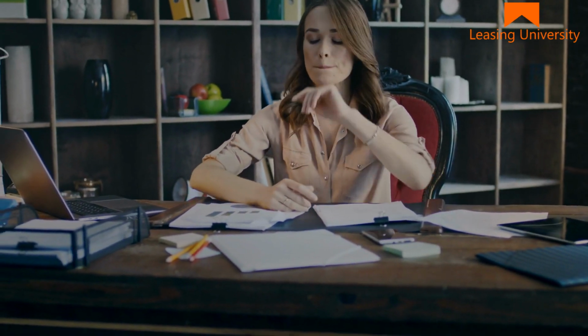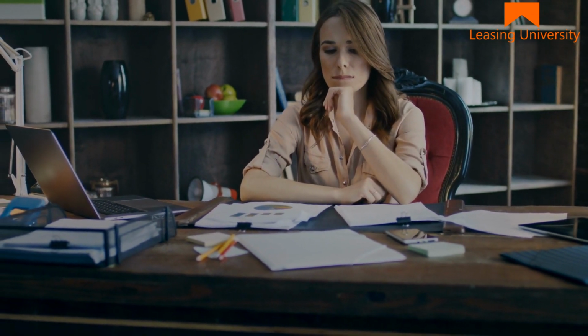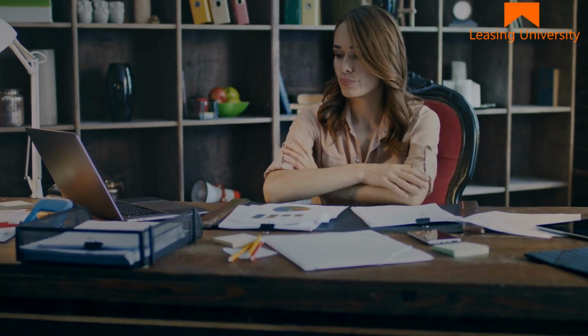So I just got off the phone with a leasing agent that was freaking out, all right? She was in a 1970s garden style community, and there's a brand new development going on right across the street, over 400 units. They had multiple floor plans, everything under the sun to choose from, and she's freaking out. She's like, I've got like 3 different floor plans, and I think they've got like 15 different floor plans when